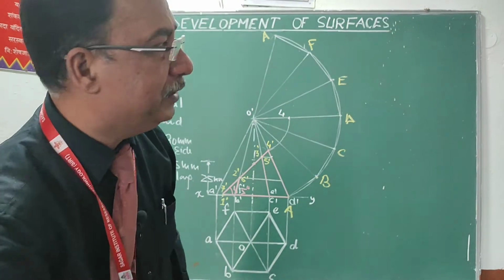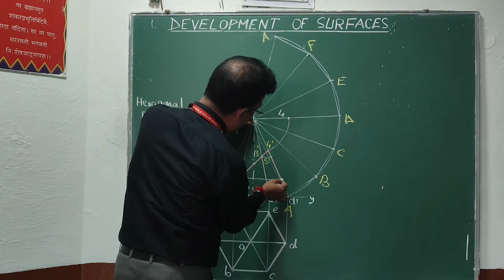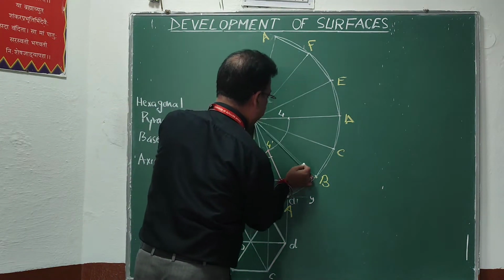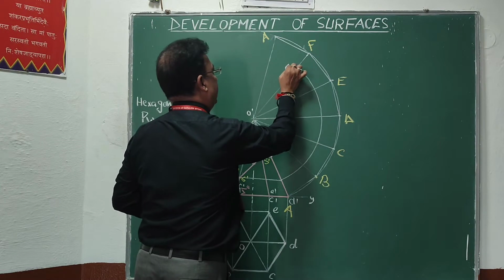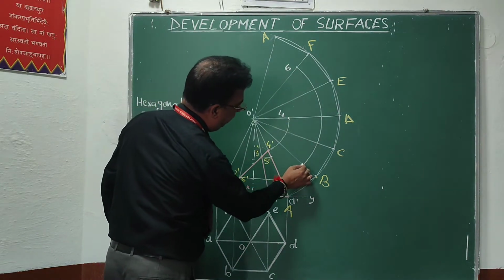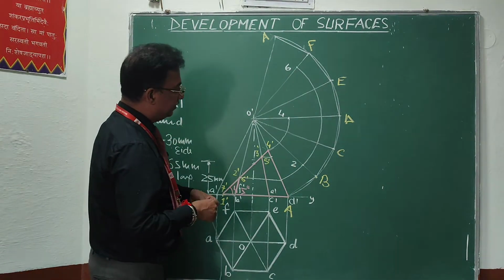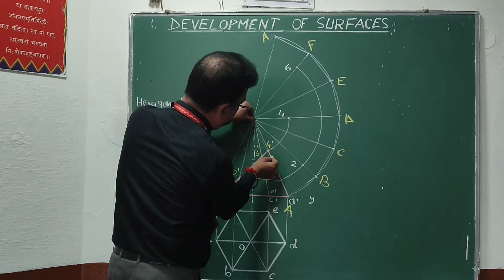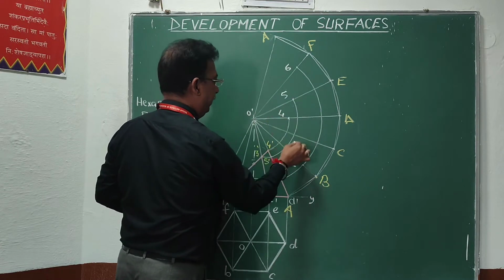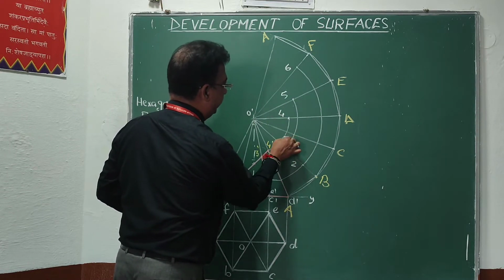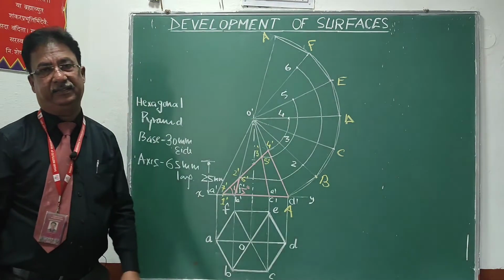Now I can easily transfer this to the development. Again with the help of an arc, center will be O dash. So firstly I am going to shift this 2 and 6. From this, with the help of an arc, I move up to OF, and on the line OF I get the point 6, and on OB I get the point 2. Same way, this is the distance of 3 dash 5 dash. So I can move up to the line OE, and this point will be 5 and this point will be 3. So now look at the figure. I already got 2, 3, 4, 5 and 6.